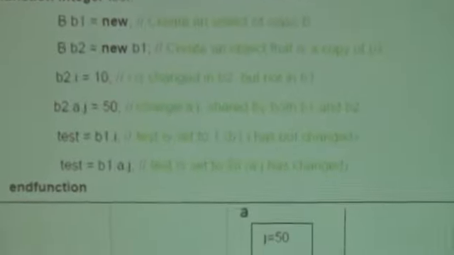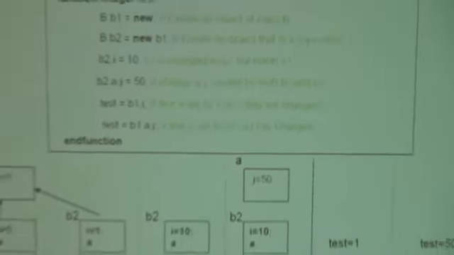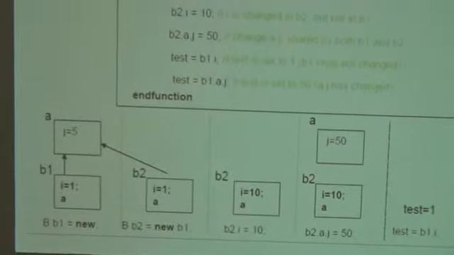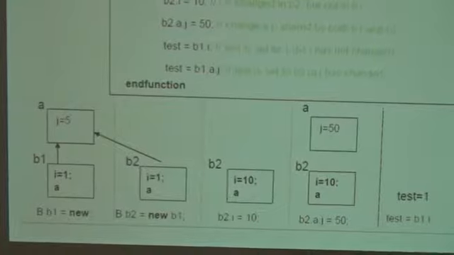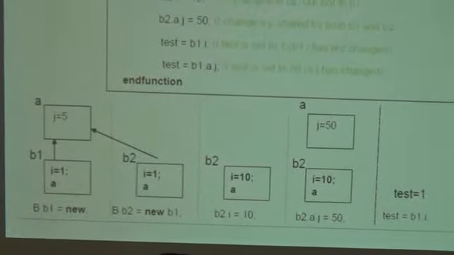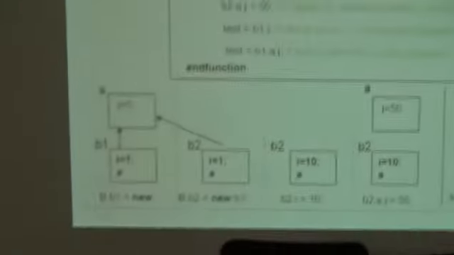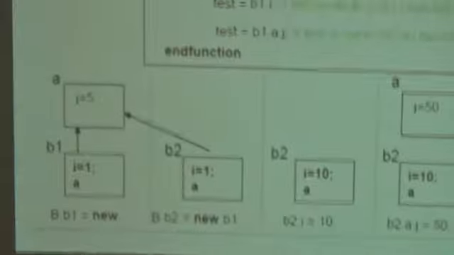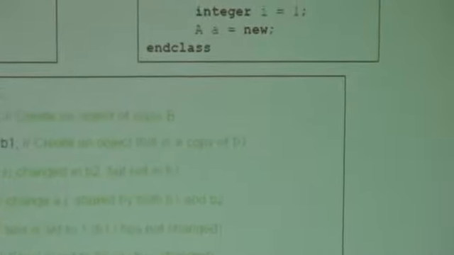Till now we have seen it theoretically. Now we'll see everything with the pictorial representation, as follows. What is b1? b1 is nothing but an object of class B. What is present in class B? It consists of a class property and an instantiation of another class. In the same manner, in this class B I have i equal to 1. What is i? It is the class property. And a, what is a? It is a class handle of capital A.